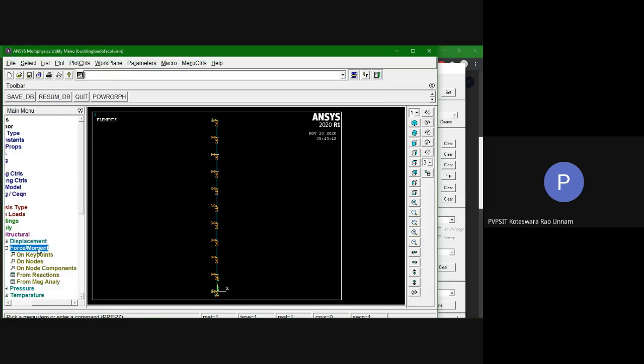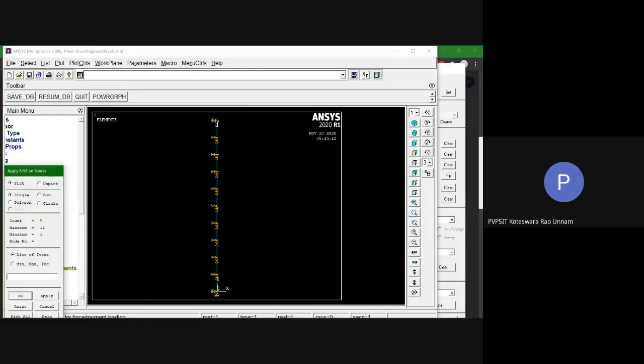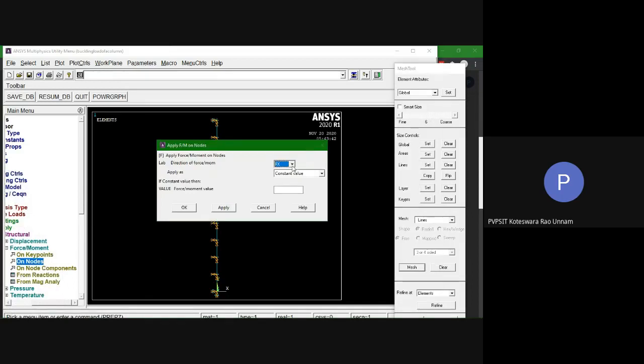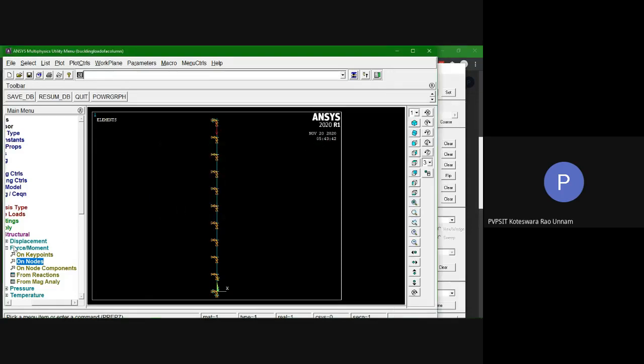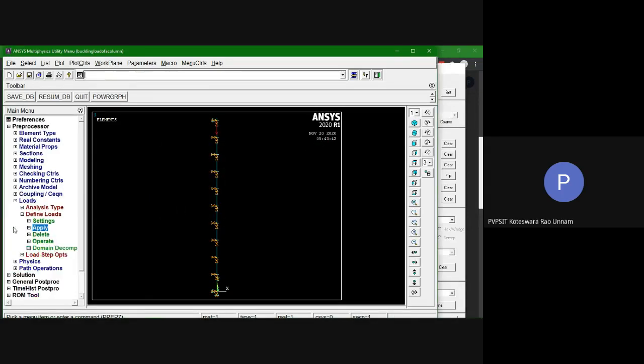Then I'll apply some load here, let us say 1000 newtons. So here I'll select this top node. Then the load should be applied in the y direction. Since in order to have buckling I need to apply a compressive force, let us take the compressive force as 1000. So, okay. Then I apply the loads and boundary conditions.